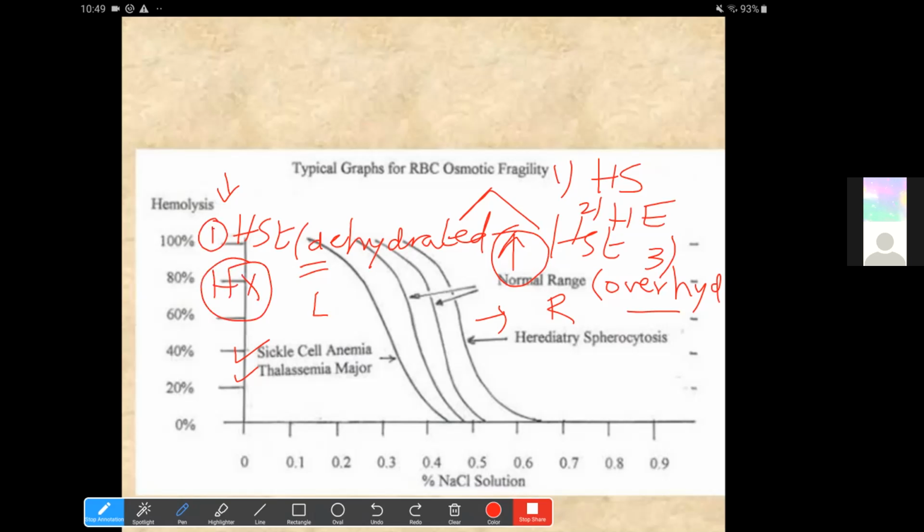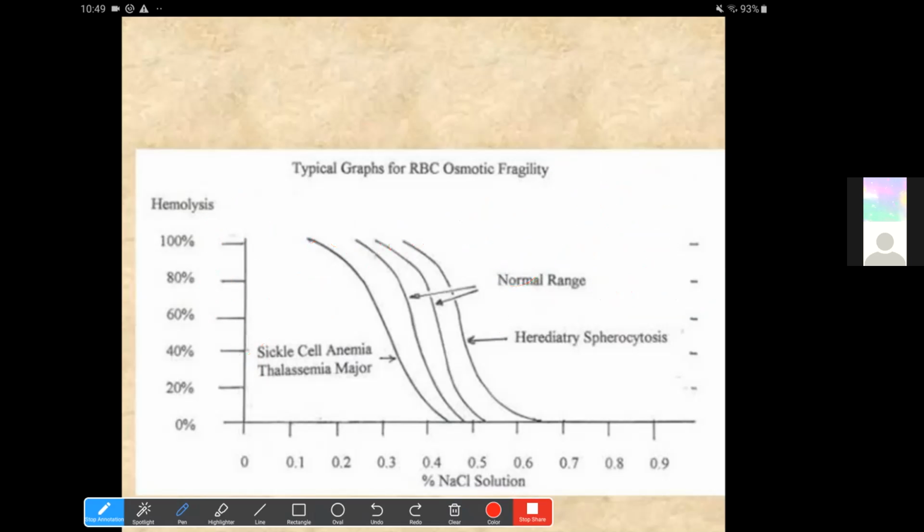So some of the various presenting features and symptoms of xerocytosis would be recurrent fetal loss. So hereditary xerocytosis would present with a shift to the left. This is very rare, because we are most familiar with hereditary spherocytosis and elliptocytosis, which cause this shift to the right. But xerocytosis is also a form of membrane disorder, and this will cause a decreased osmotic fragility,